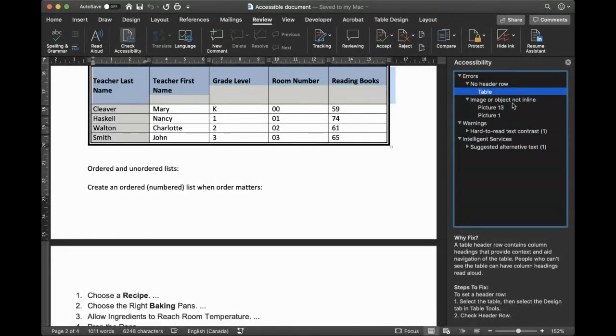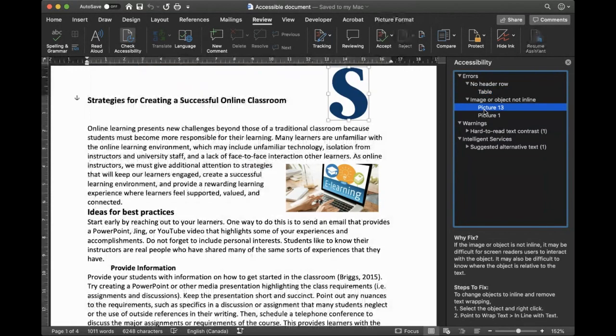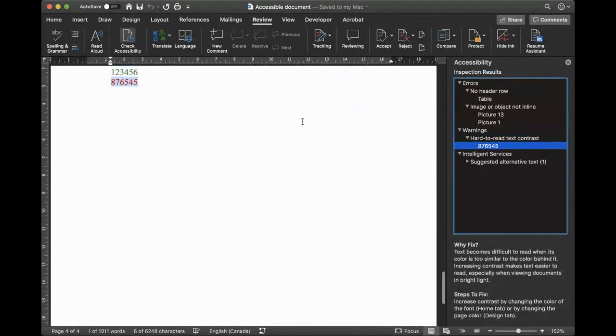It is showing me the image or object is not in line, and the other object is also not in line, and then it is giving me some warnings, hard to read text, and if I click on it, it takes me to this,